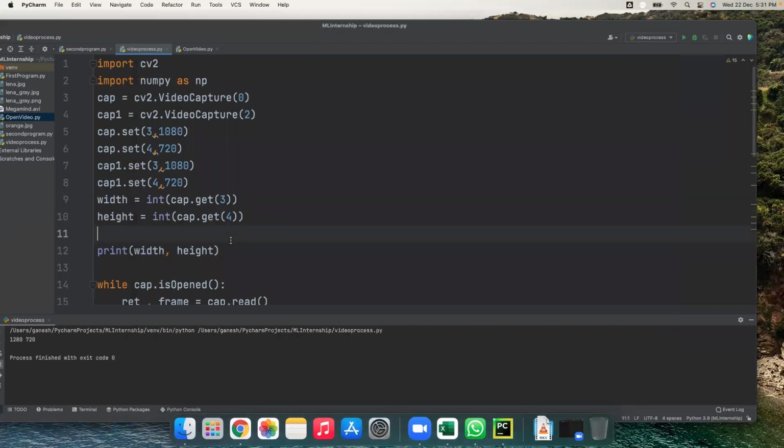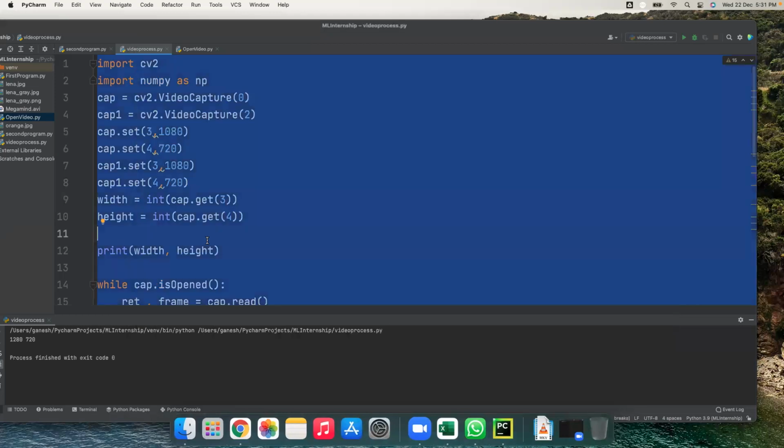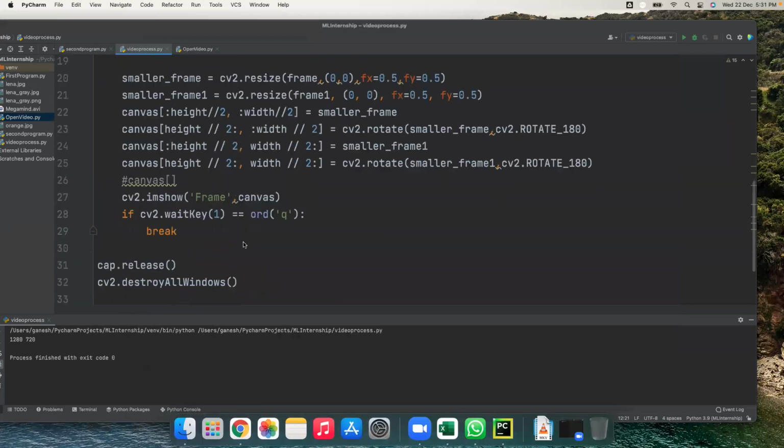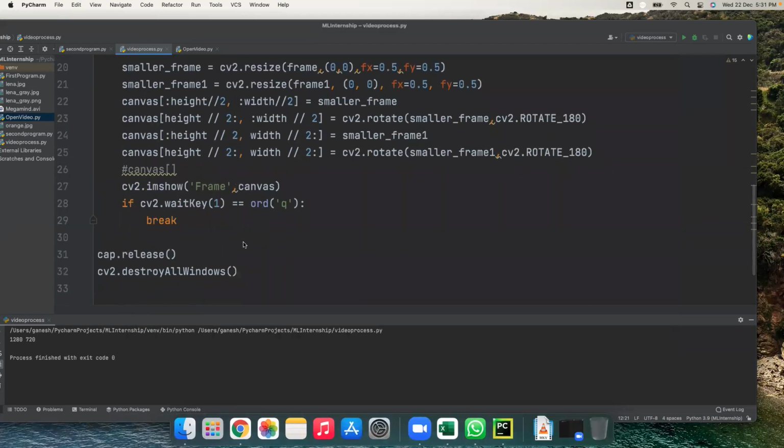Yes, Aditya, are you getting this? How to show two cameras at one time in the same frame. If you want to show two cameras in the same frame, yes, you can show that.